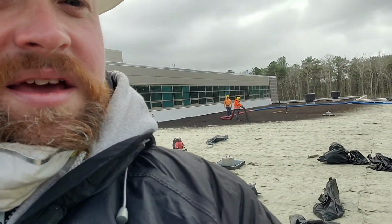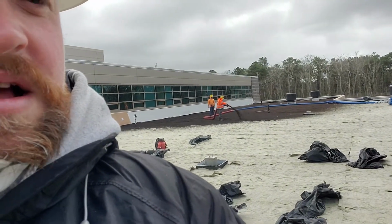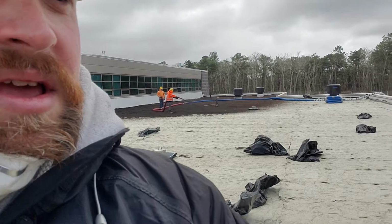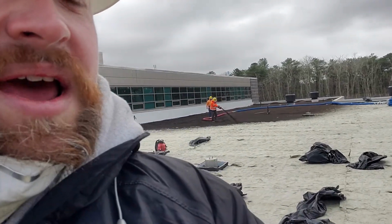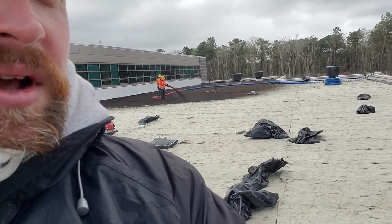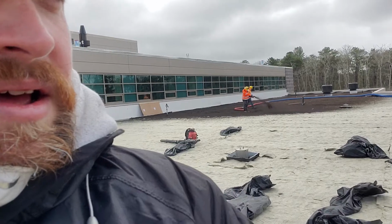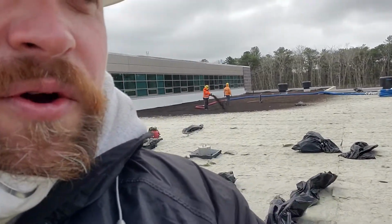The crew in the back of me here, they're installing the media that's going down, and that's going to be about a 2.5-inch base on top of the retention mat. So they're going to be working till 4 o'clock and getting the media down on this first almost 1/3 of